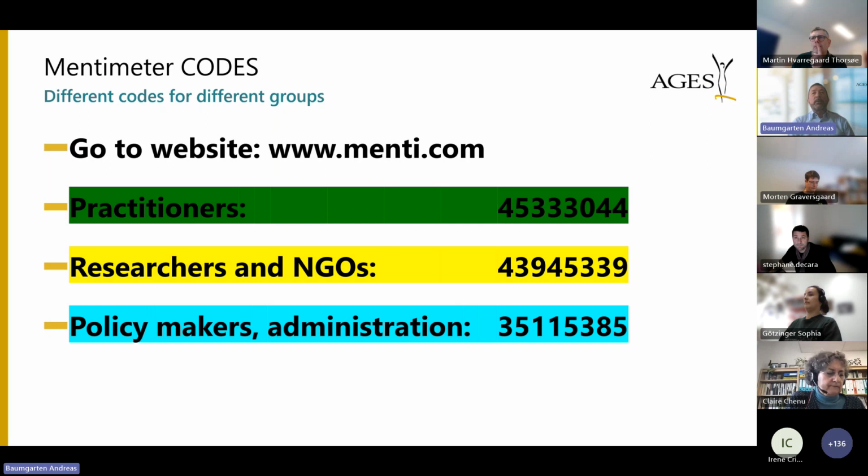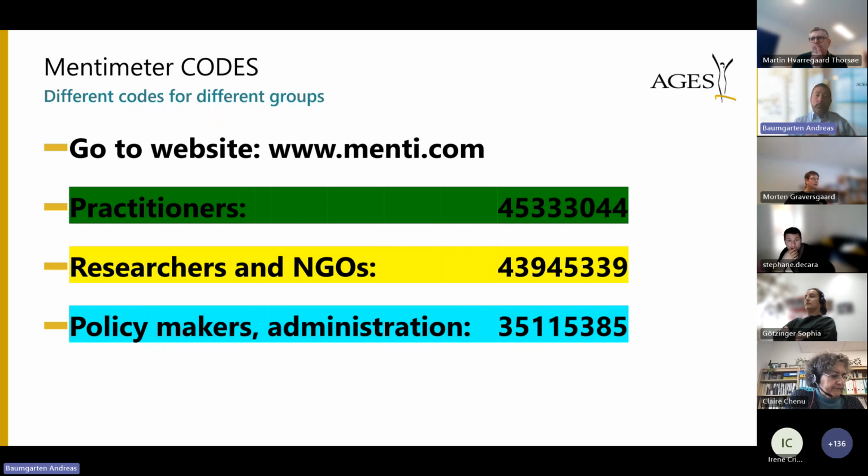And then we have a special request. As you can see here, we would like to have different approaches by different groups. So what we would like to have is, if you think that you are a practitioner, a farmer, or also in the recommendations, so that then